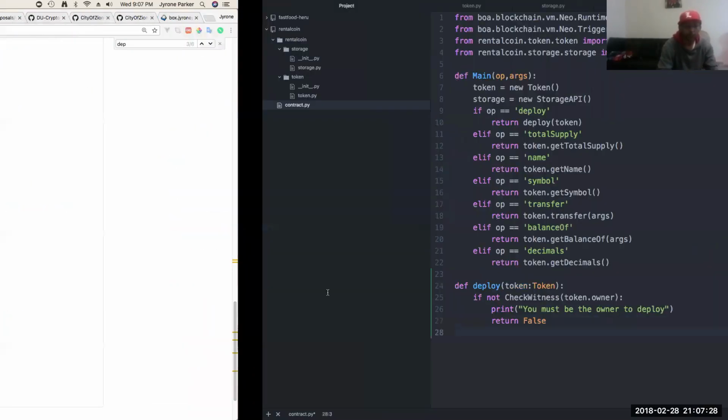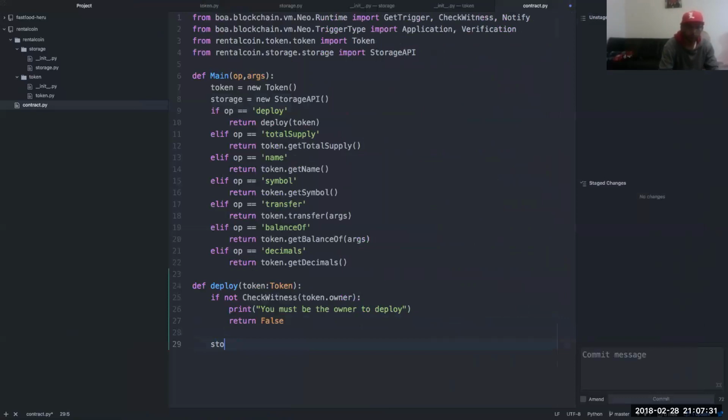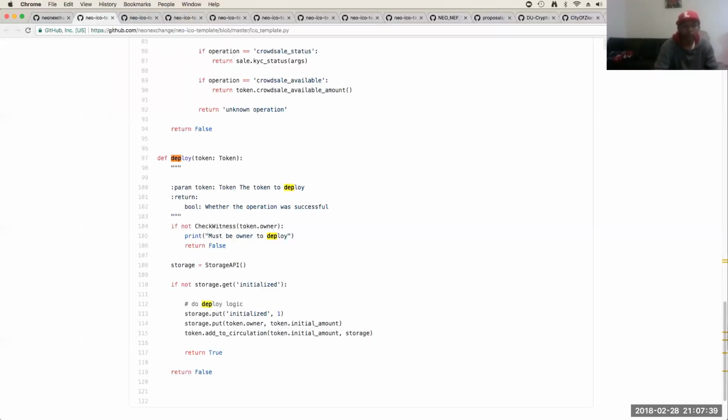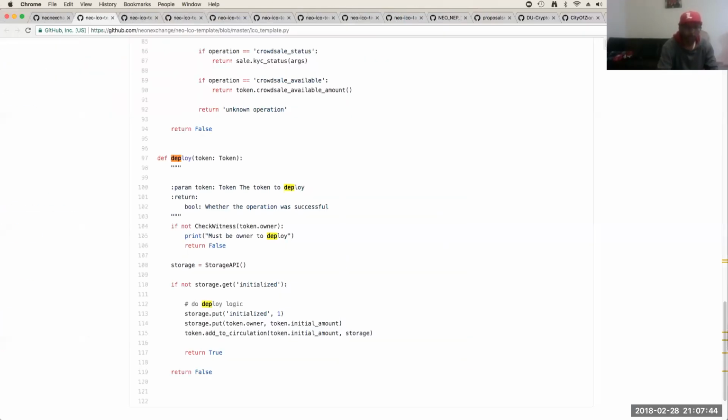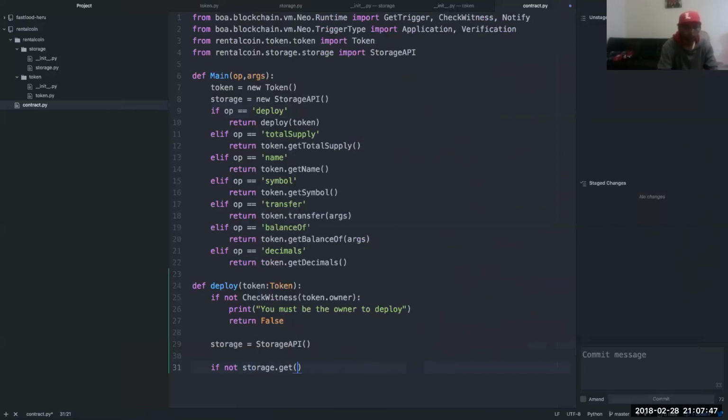All right, and then we're going to set the storage. All right, cool. We're setting storage, and we're checking if not storage.get init. Storage.put init, 1.